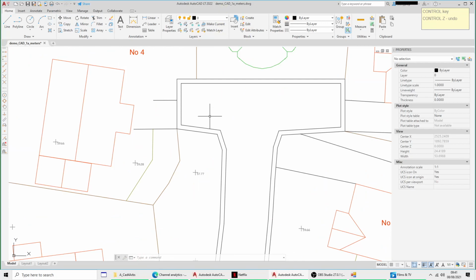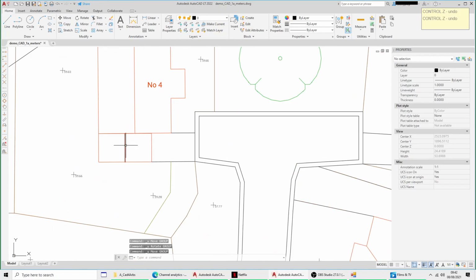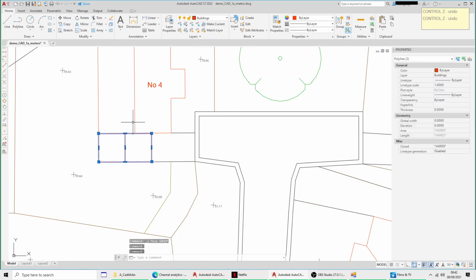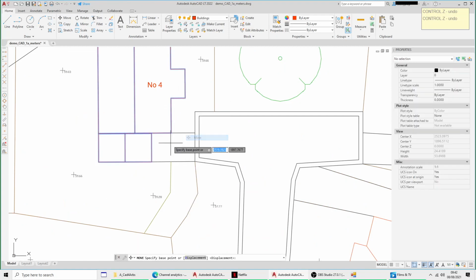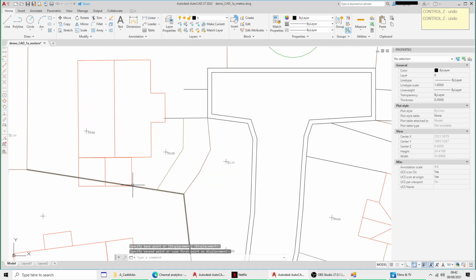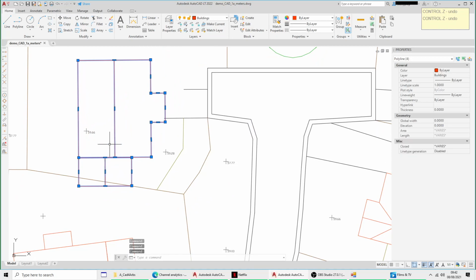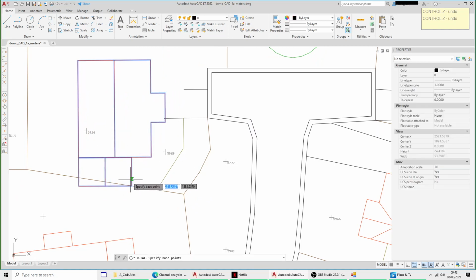And using the reference method is very important. I'm just going to run through that one more time. So we're just going to suppose this has to be shifted along this again. So it asks for the base point, because I want this corner of the garage to stay on this line, so that's the common base point,